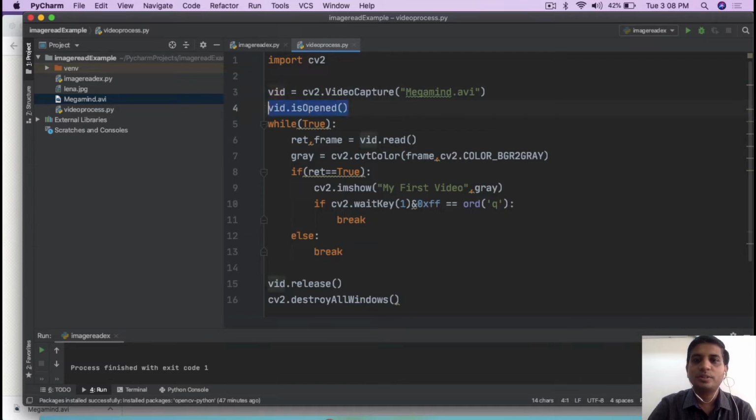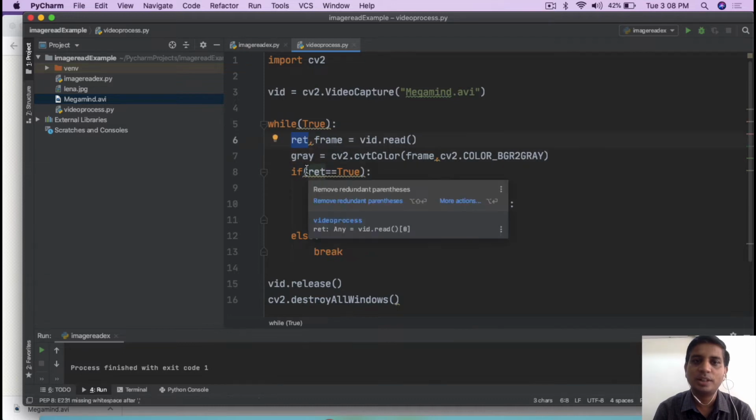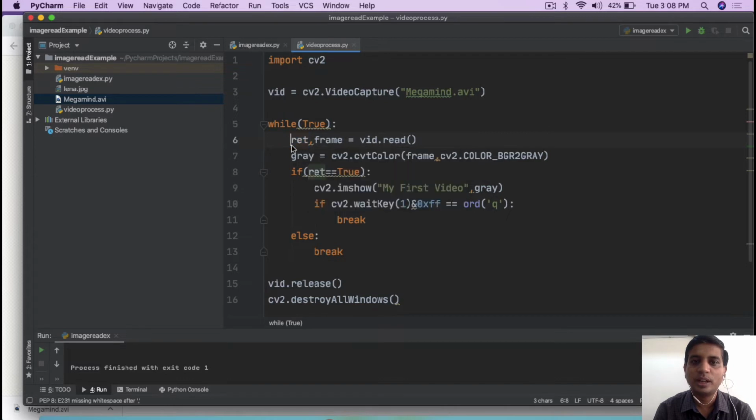Firstly, I'm using an infinite loop, while True, and reading the video using the vid.read function. The read function returns two values. The first returned value is ret, which is either true or false.